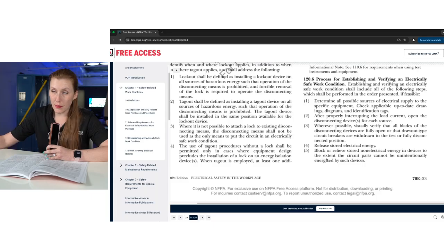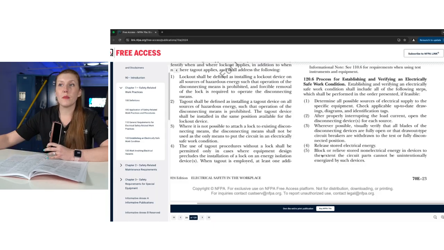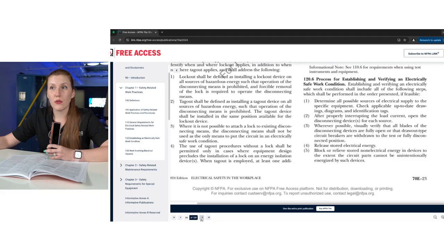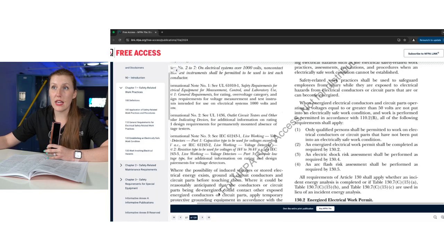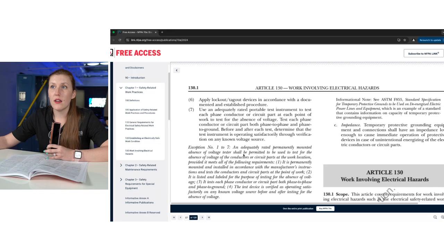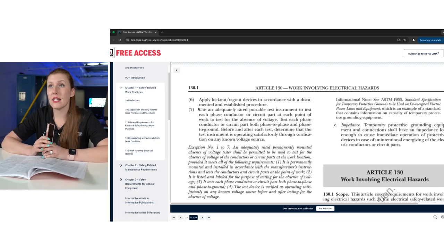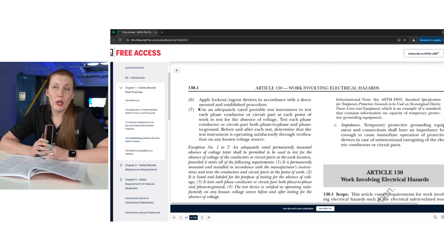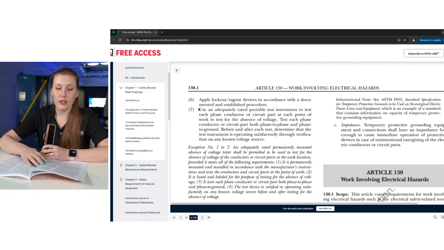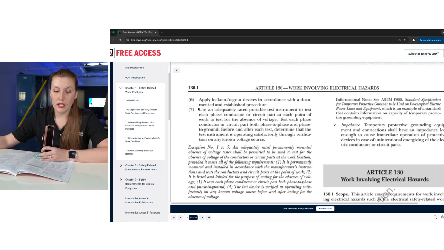There are 8 steps. There was some verbiage clarification for step 7, which is the key pivotal point of determining whether or not you have an electrically safe work condition. It's that verification of absence of voltage. If you do not verify that it is in fact de-energized with your meter, you can't know for a fact that it is off. And you have to make sure the meter works. So it's a live, dead, live, a triple check. Known voltage source needs to be used to verify that the meter is working.